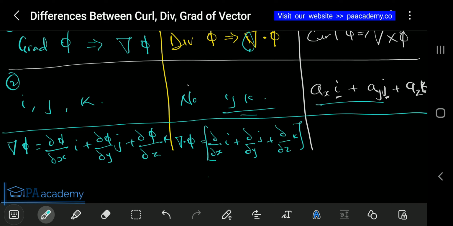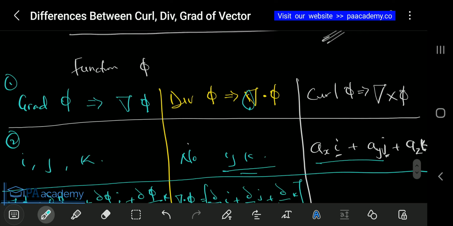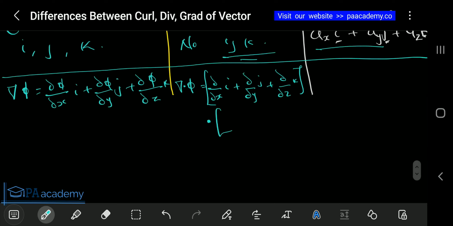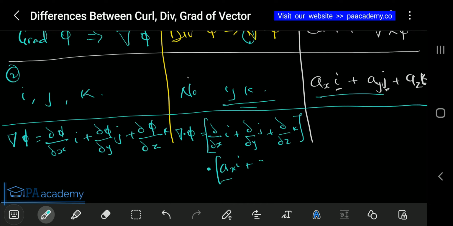So we use that to dot the function itself. So let's just say the function phi is axi plus ayj plus azk. So you use it to dot axi plus ayj plus azk. I've done an example on this so you don't have a problem with this, so I'm just saying it for proper